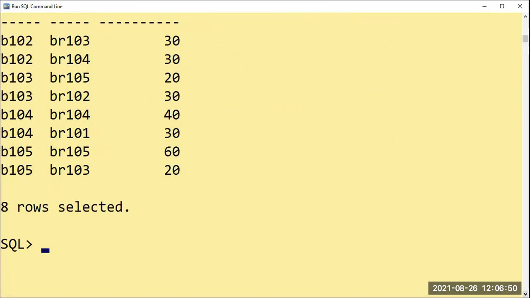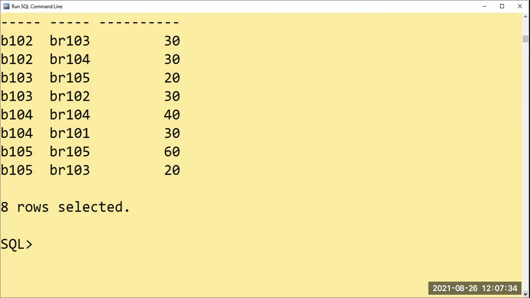Did I delete it? I never said delete from book copies where BID equal to B101. I said only delete from book where BID equal to B101. Only from one table I have deleted, and it is getting deleted from all other tables. Why? Because while creating the tables, in the book copies, in the book lending, in the author table, we are referring the BID followed by on delete cascade. If you don't write on delete cascade, and if you delete from the book table, it will not get deleted here. It will immediately warn us that it is getting referred for other tables also. This is the reason you should use on delete cascade.